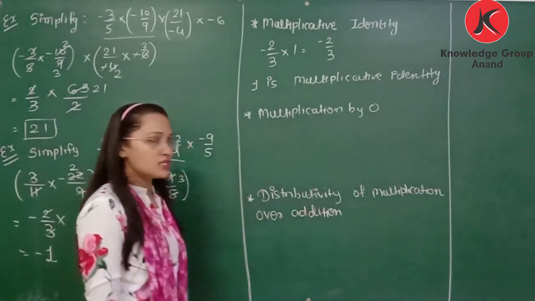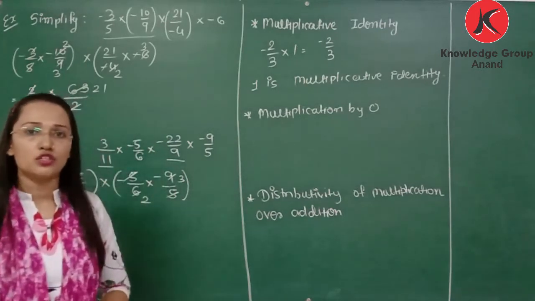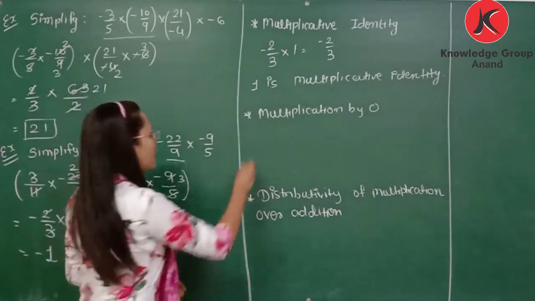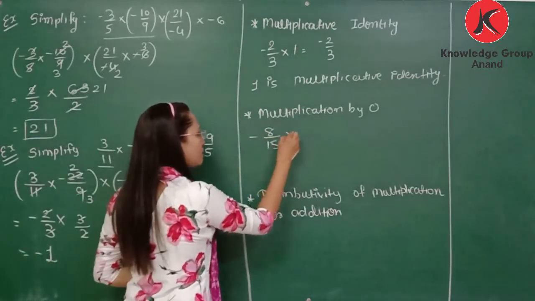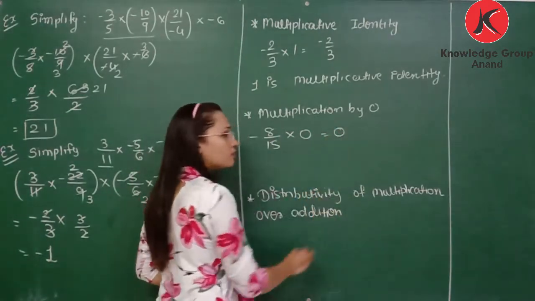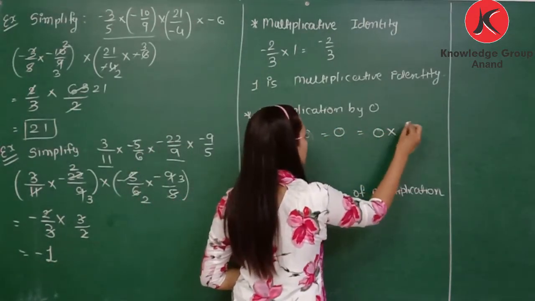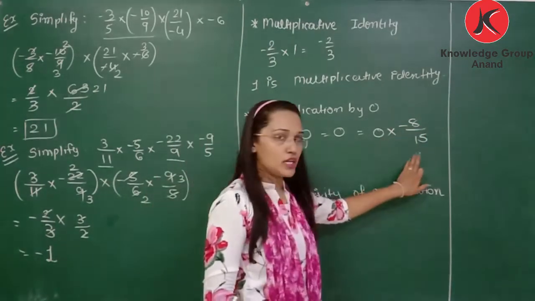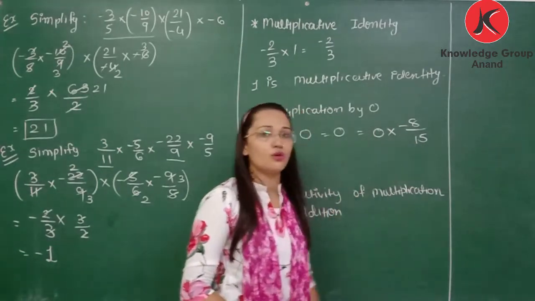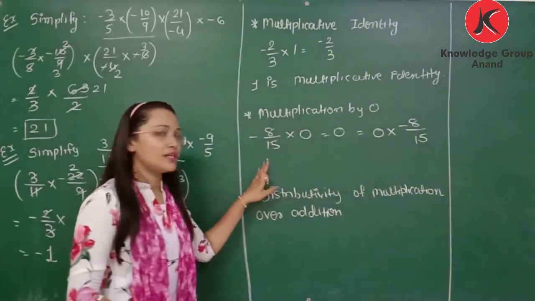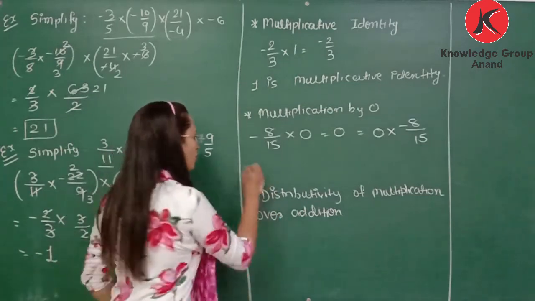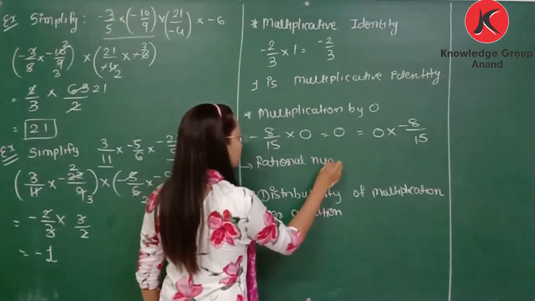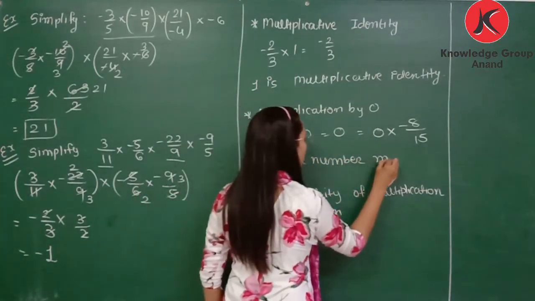Then multiplication by 0. Multiply any rational number by 0, we will get 0. Let's take example minus 8 by 15, multiply with 0. So it is 0, and its inverse is not defined. Okay, 0 is multiplied with any rational number or any rational number multiplied with 0, answer is 0. So it is called multiplication by 0 is 0. So rational number multiplied with 0